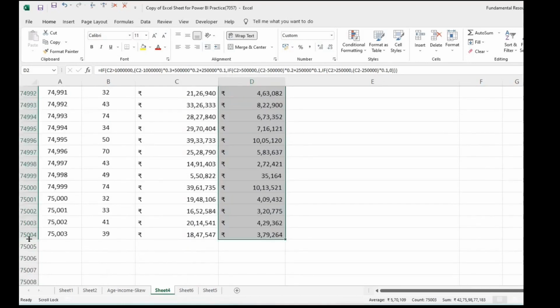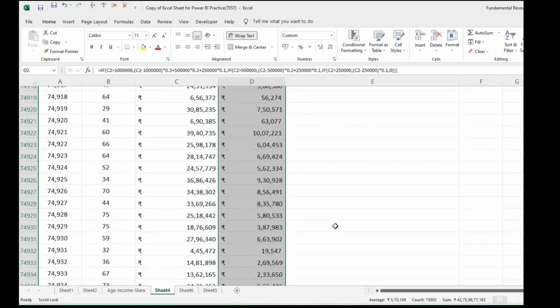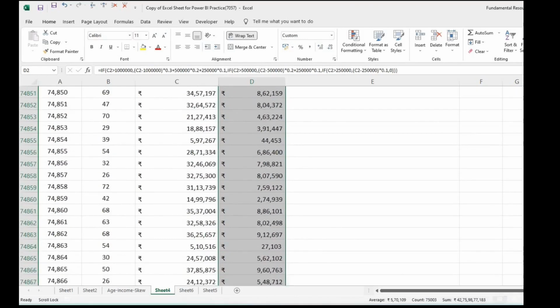We can see right here this has calculated up to row 75,004, but since one row is for the heading, the total number of employees is 75,003. You can see the value of the income tax, which shows as a summation here.